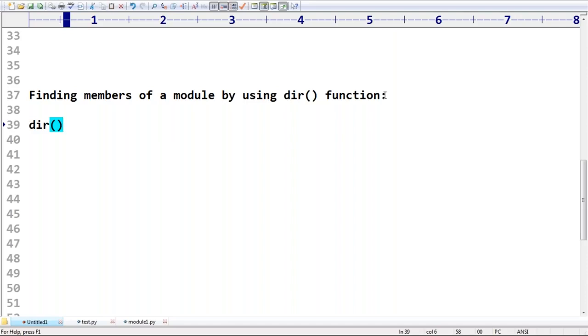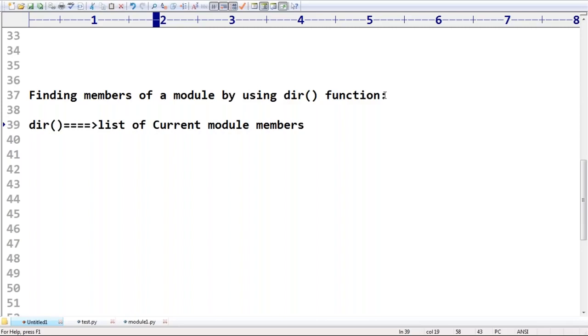No. If I'm not passing any argument, then automatically it is going to provide a list of all members of the current module. Dir without any argument means current module members we are going to get, by default.